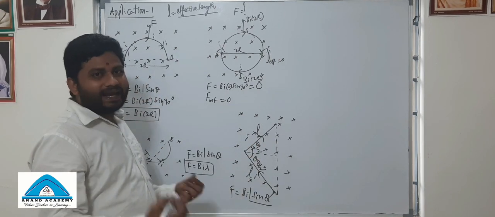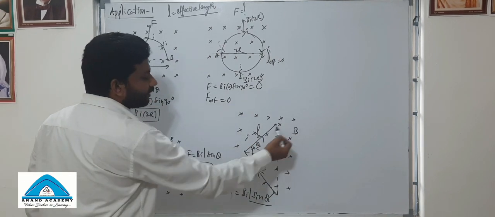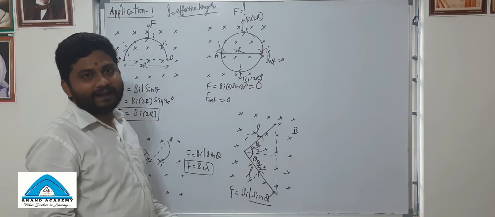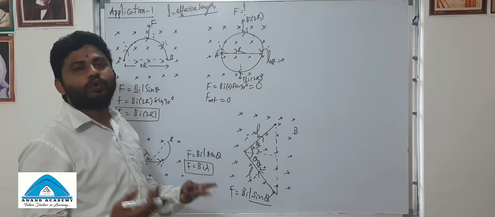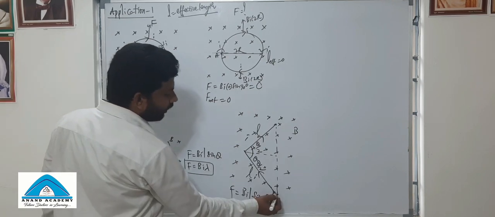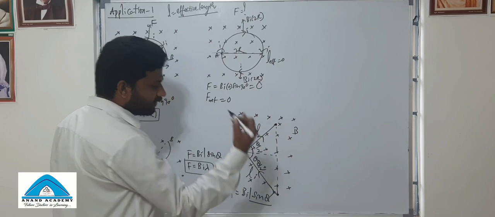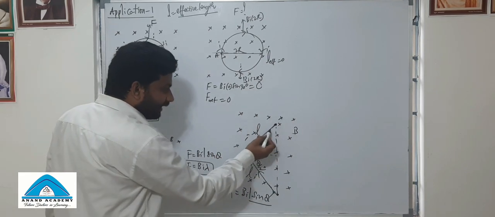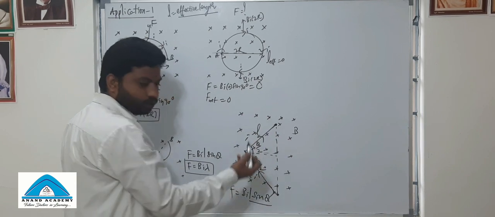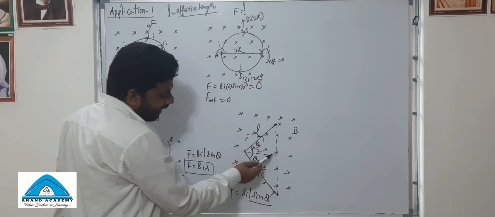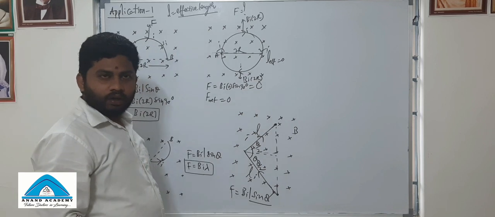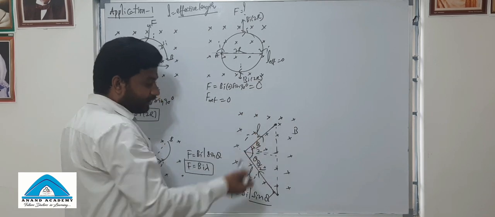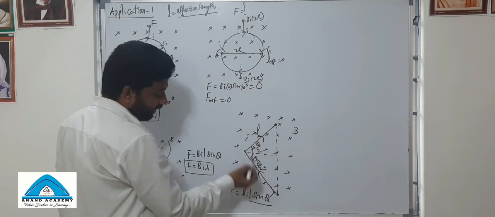BIL, our focus is on L now. B is the uniform magnetic field, I is the current passing through that, and L is our aim now. What is L? L is the effective length between two ends of the conductor. So this is one end, this is the other end. What is the effective length here? We don't know. But there is a triangle formed here having the angle theta by 2, and there is a triangle formed here having the angle theta by 2 here. For both triangles, you can see the hypotenuse is mentioned.